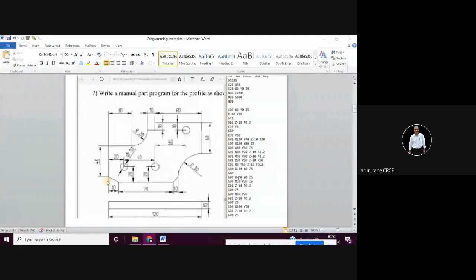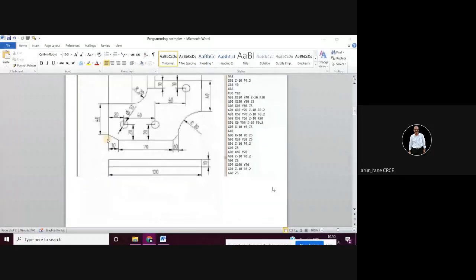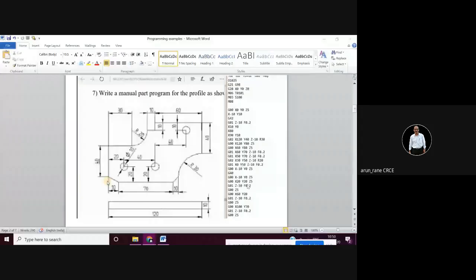So our next step is to the reference position. So now here, what has been done? G00 X20 Y20 Z5. So where is that? X20 and Y20 Z5 is this.